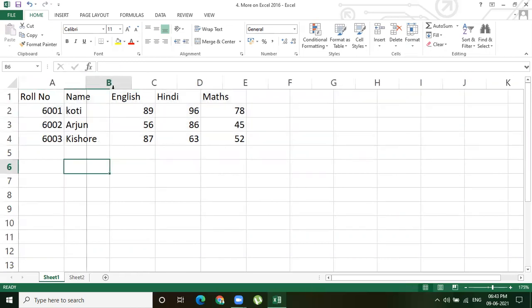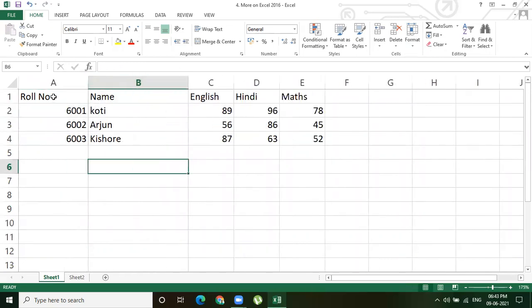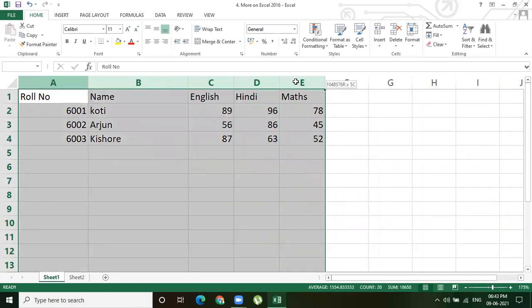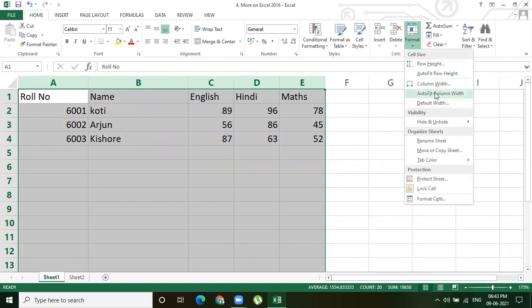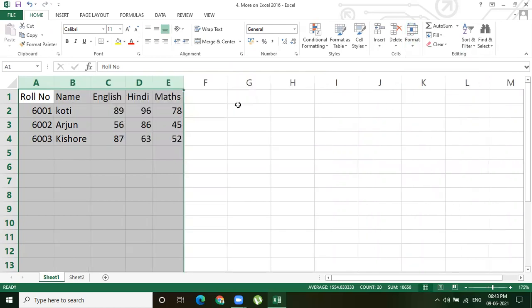You can observe the column width also. Just go to the format button and choose auto fit column width. You can observe automatically, as per the length of the text, as per the characters of the text, it will fit the column width, right?